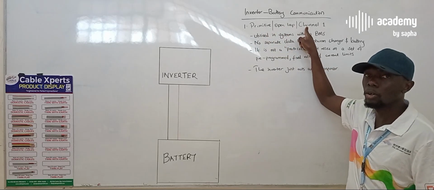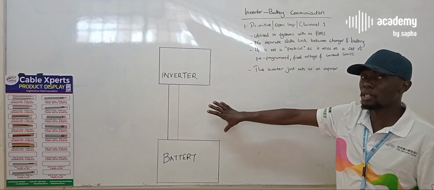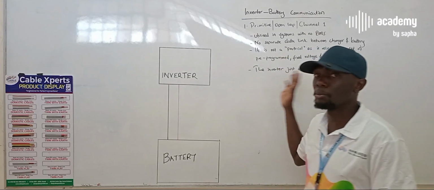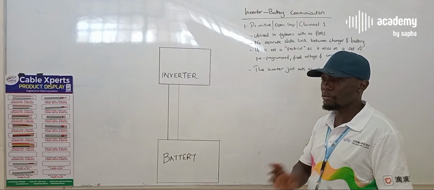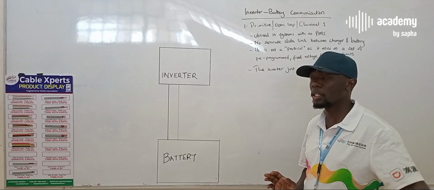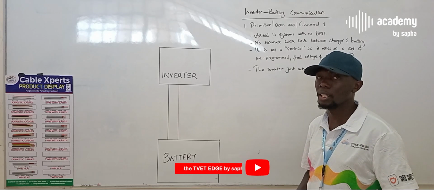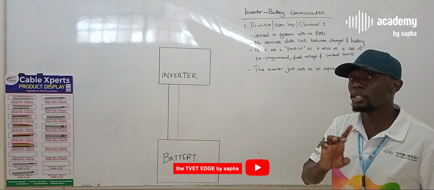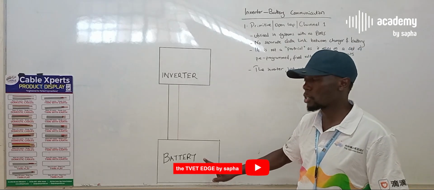the channel 1 communication system. And most of them will be working on such systems. It is essential for them to understand this because during installation and maintenance, after you've done your system sizing, you should be able to also know what inverter is compatible with what battery, because for this system, if you get the communication link wrong between your inverter and your battery, you risk losing your